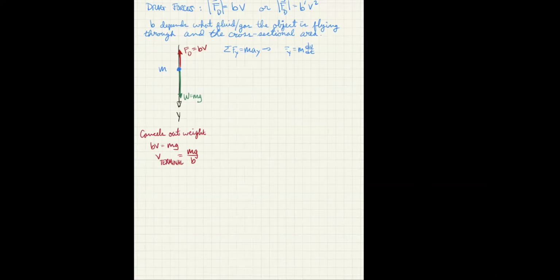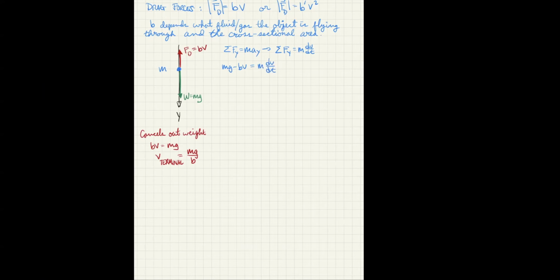In this case, I'm just trying to solve for the velocity as a function of time, so I only need the m dv dt. So using that, what I have is mg minus bv